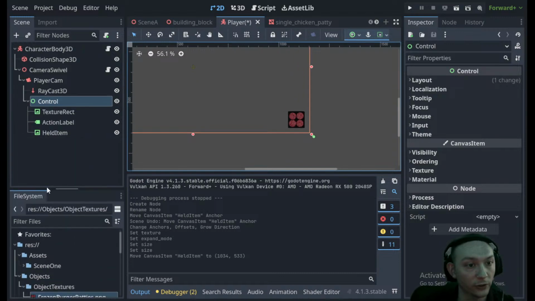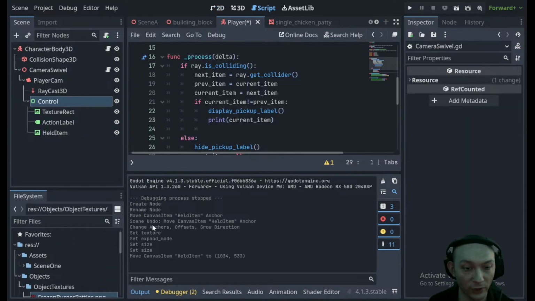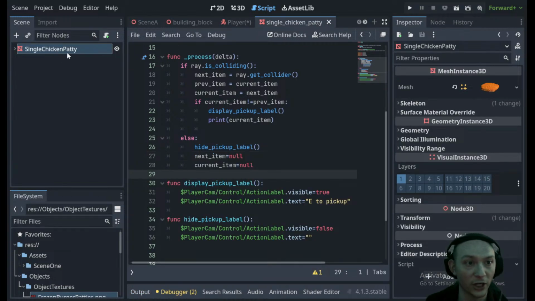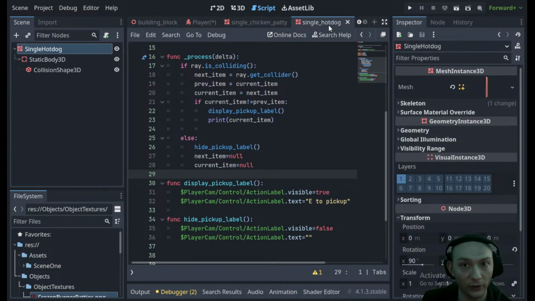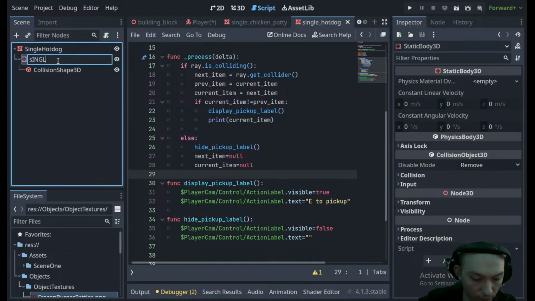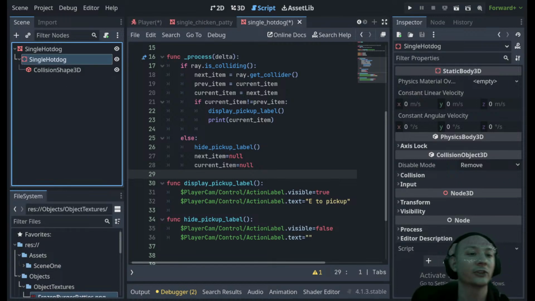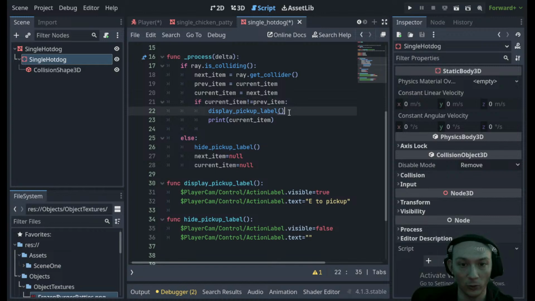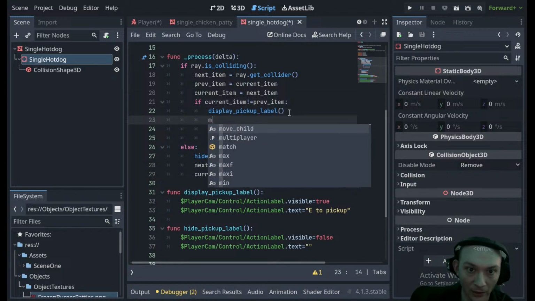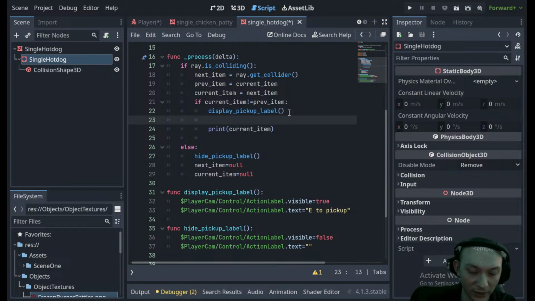Then what we can do is, in this script, we're going to check the name of whatever we're interacting with. Let me change this to single hot dog. We're not actually hitting the mesh, we're hitting this static body, so whatever this name is is what it's going to display, and then I'll put a match statement in here. So we'll say match,